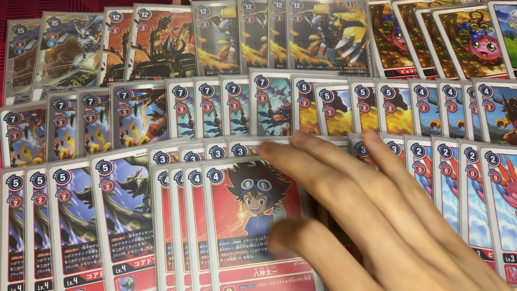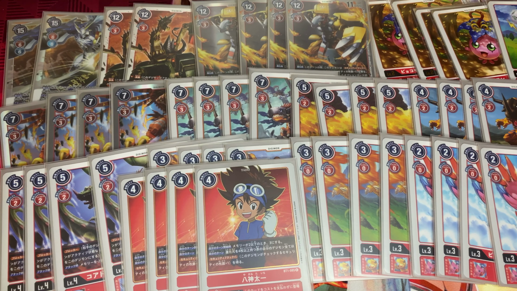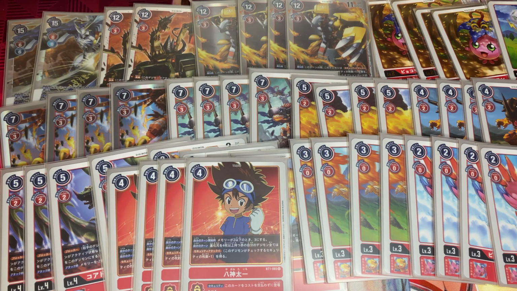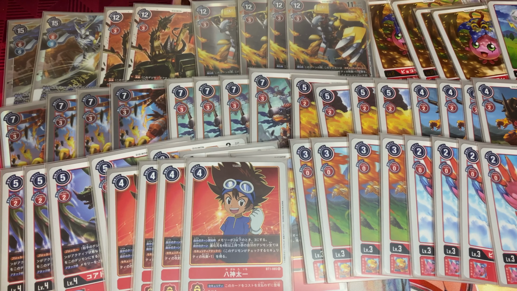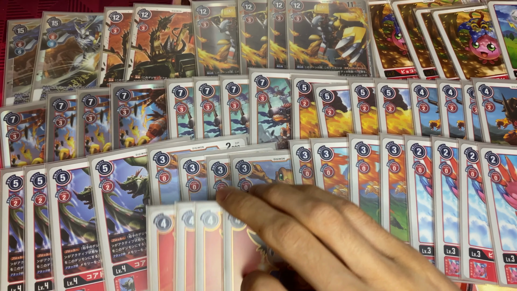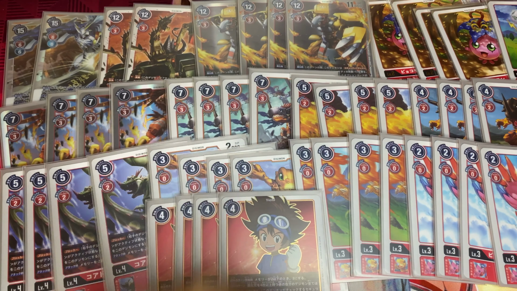Next, we're running 4 Taichis. Nothing much to say there. It's Taichi. Gets you to 3 memory if you are 2 or below at the beginning of your turn. And also gives your red Digimon an extra security attack if they have 4 or more evolution sources. Not super common to occur if you're playing against blue decks, but in the events that you do come out